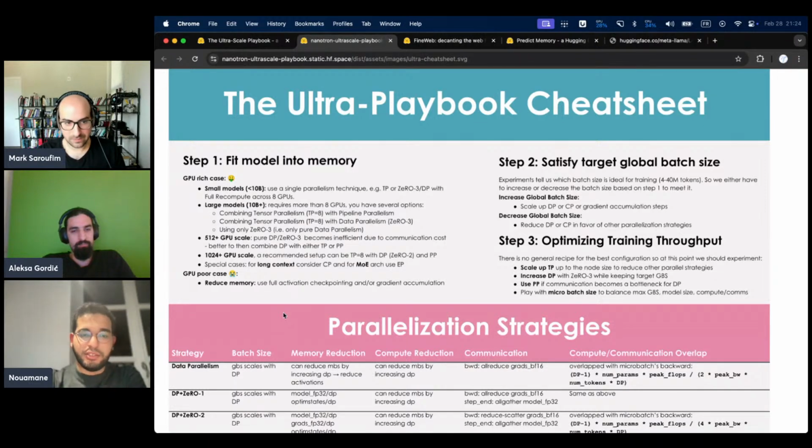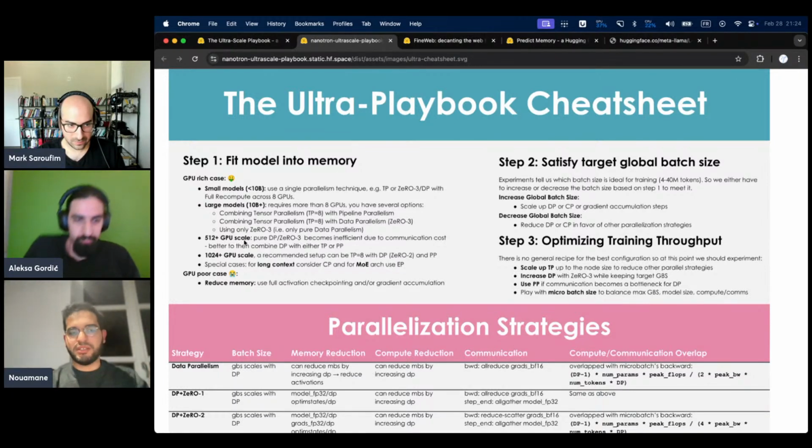No. Above 512, you can use just 2D parallelism, like TP and DP. Basically, the assumption is that DP starts becoming bad once you move past the 512 GPU threshold, so you must combine it with another form of parallelism. It can be TP, CP, EP, or anything else. But the idea is that once you reach a big scale, and that scale depends on your network and other factors,